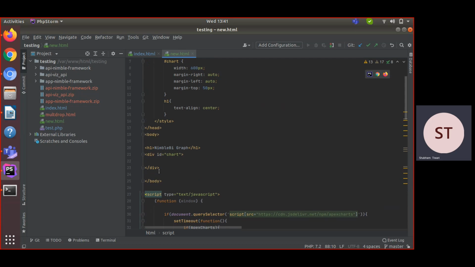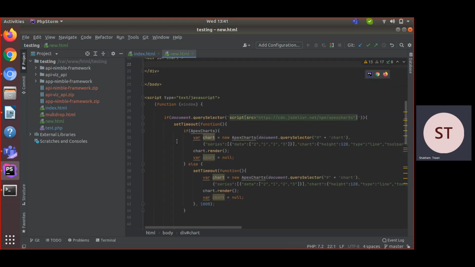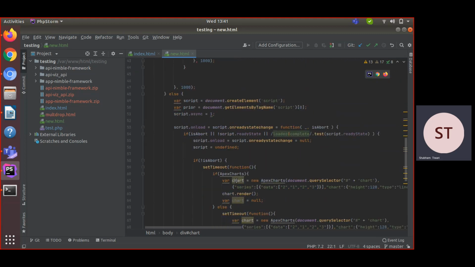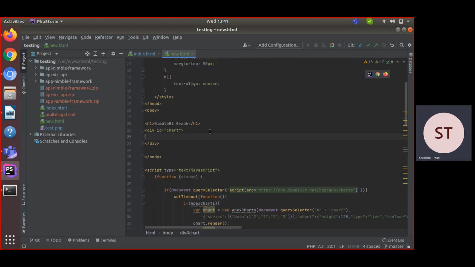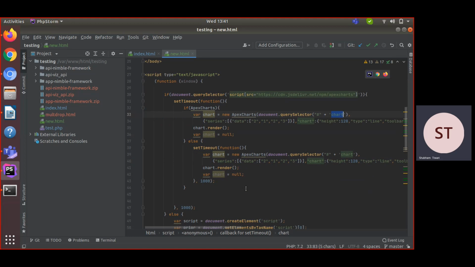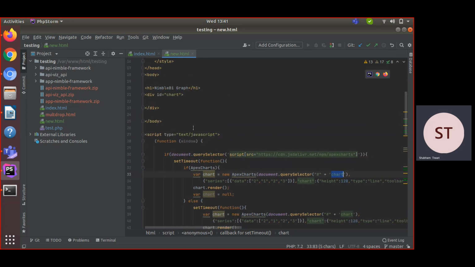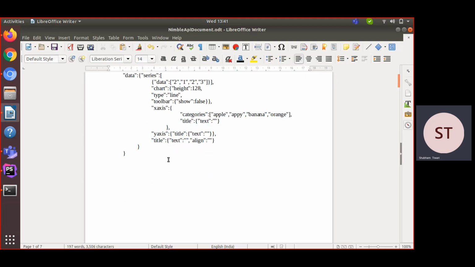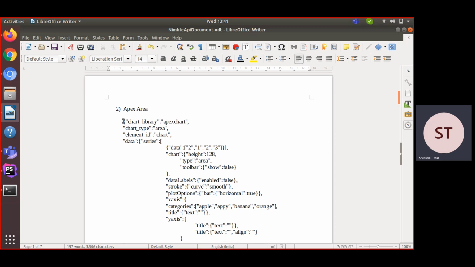You can see I already created a div in this HTML page whose ID is chart. When you paste your JavaScript code, it automatically renders the graph in this div. You can see it here, document.querySelector chart. When you paste your response here, it searches for the div with ID chart and renders the graph in that div. Now it's time to test our next visualization.